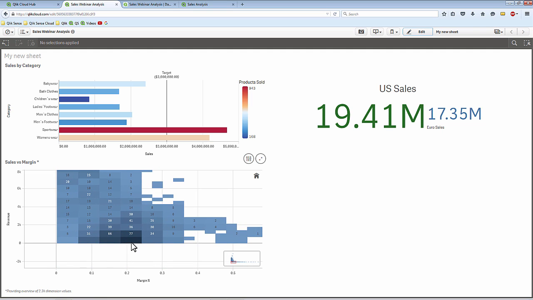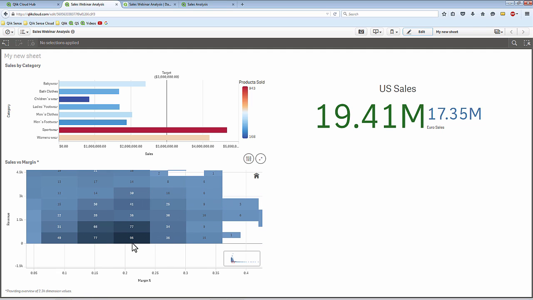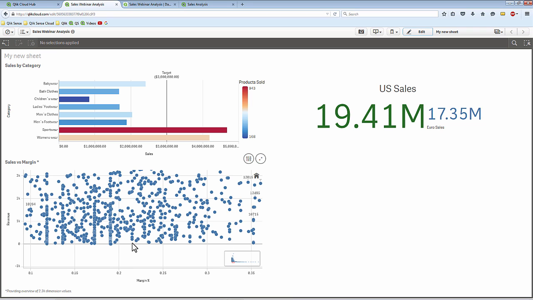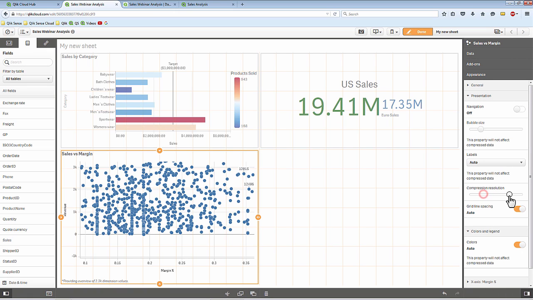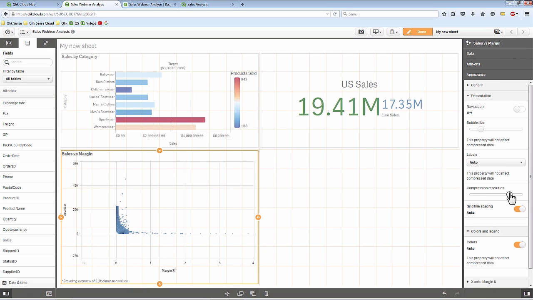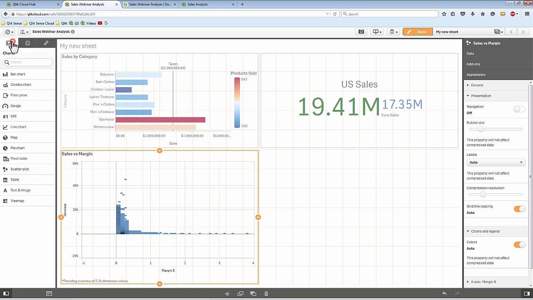And I continue to zoom in. We open it up a little bit more. And as it gets to a point where it's, let's say, under 1,000 data points, it'll then show the individual scattered points. Okay, so this is called smart data compression. We've also introduced a couple of appearance and adjustment settings to change the compression resolution depending on the number of points that are available. Okay, so a nice unique feature available within the scatter plots.